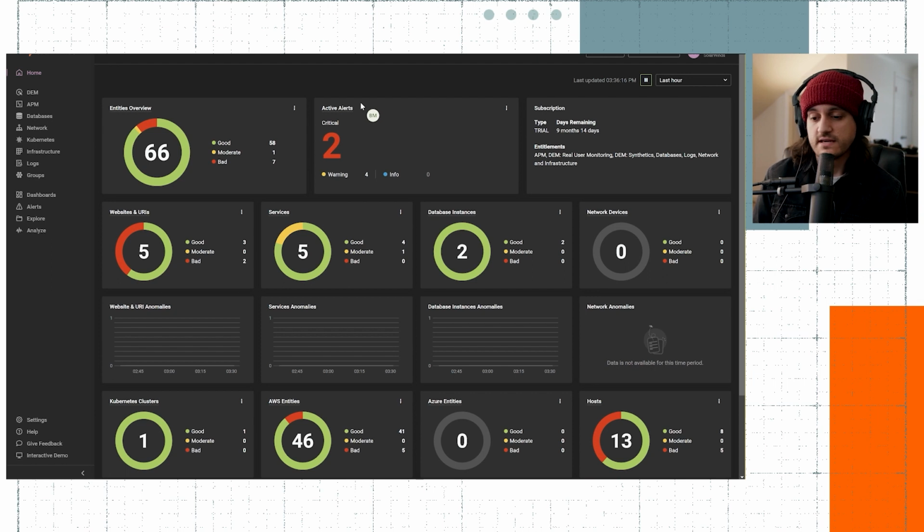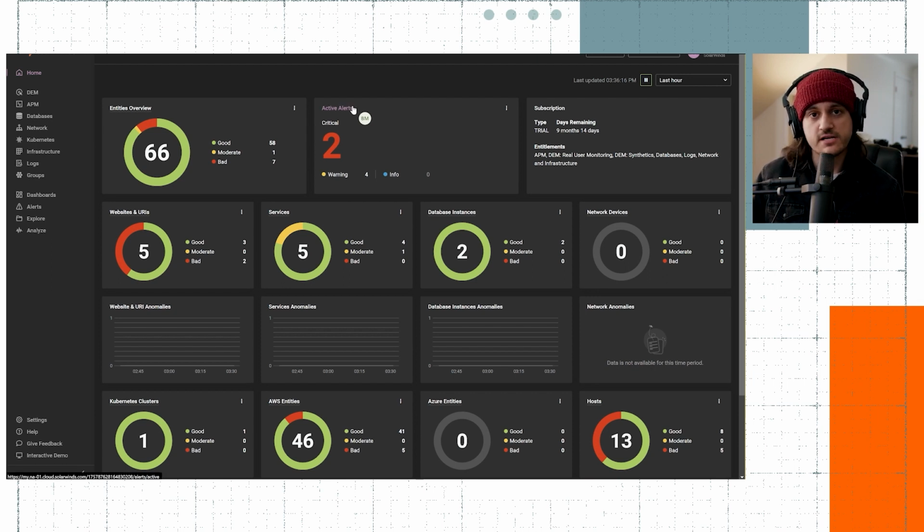I think something else that's really interesting in the difference between the two solutions is that with the self-hosted solution, we do have some cloud capabilities, but it's more designed to handle a lot more of the features and capabilities that you need for your on-premises things. It will do some cloud, but if you're primarily cloud, you want to look more towards the SaaS solution. Can you walk us through a little bit of the insights we can gain from our cloud environments in the SaaS platform? Yeah, absolutely. And that is true.